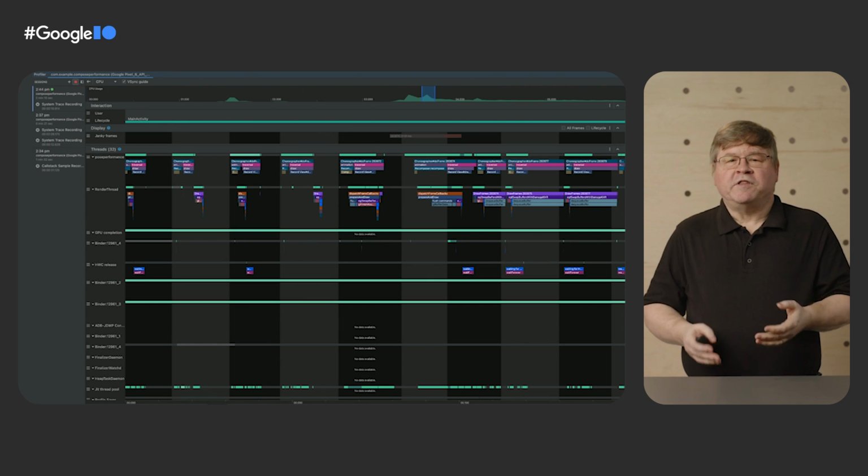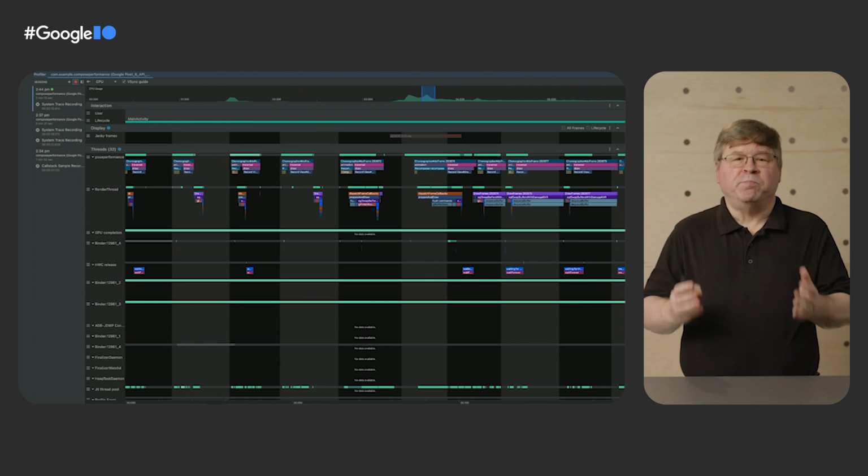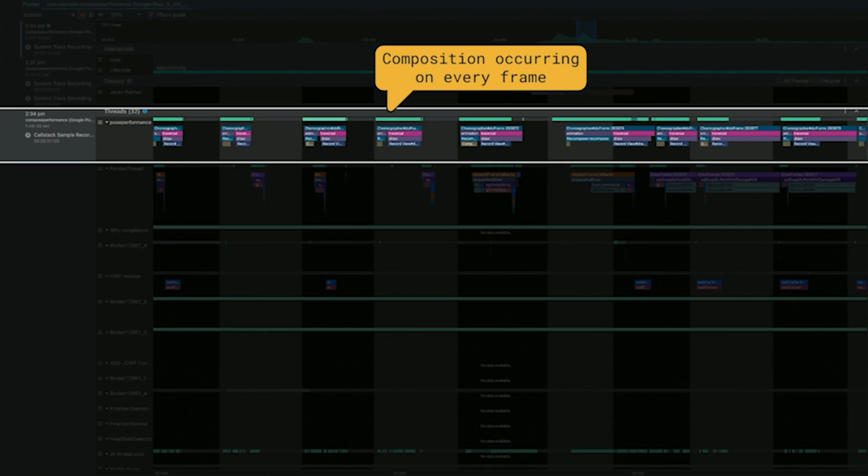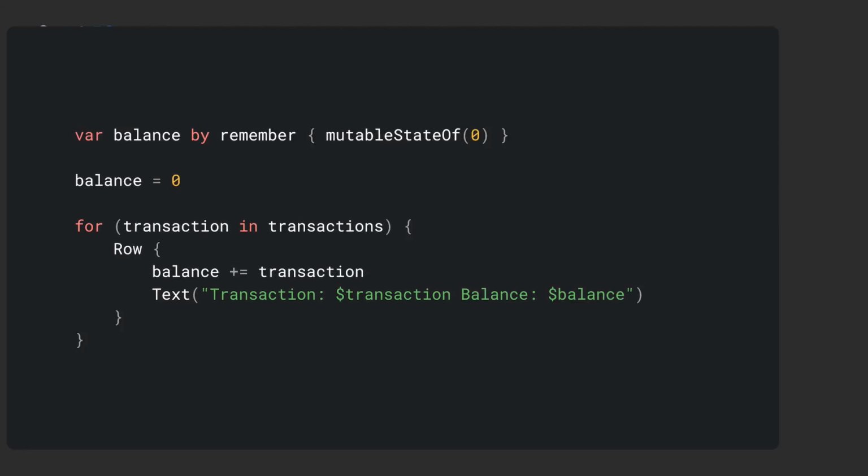We immediately noticed that the main thread of our application is much busier than we expected. In fact, we expected it to go idle as the screen isn't changing at all. As Android Studio enables the application trace markers automatically for us, we can see that the recompose marker is present in every frame. We can tell it's every frame as Android Studio highlights each frame in contrasting color bars. Composition is occurring all the time now, and never seems to stop. Let's go back and try and figure out why.